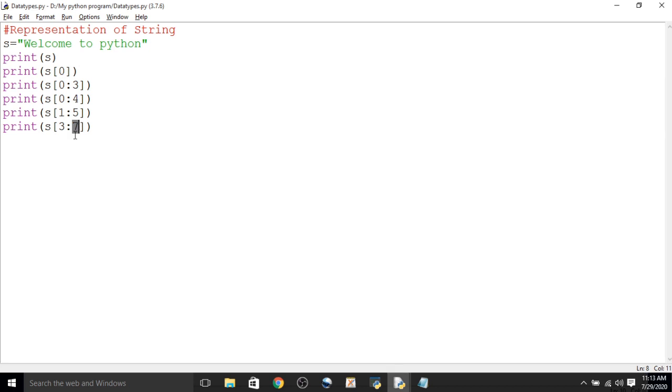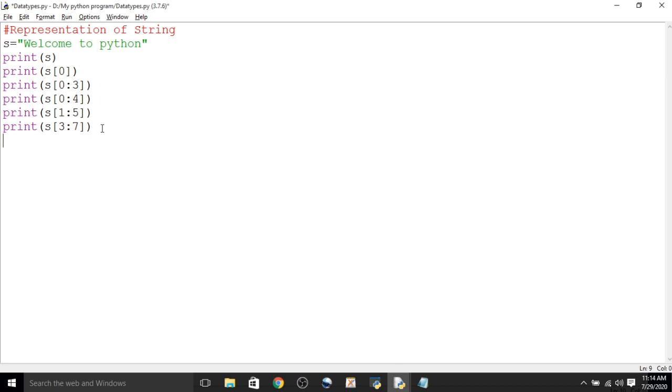Now up to 7 means what? Look here, this is 0, 1, 2, 3, 4, 5, 6, and the space is 7. So if you take end as 7, it will go up to 6, that is 3, 4, 5 and 6. That slice will be retrieved from the string.